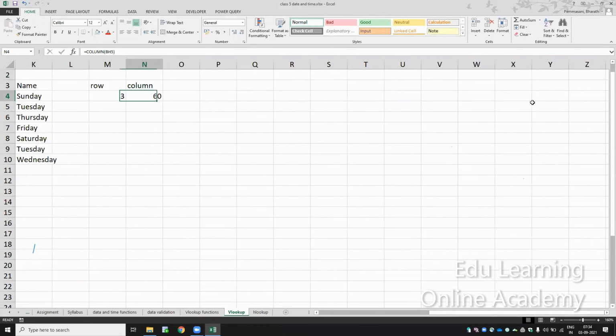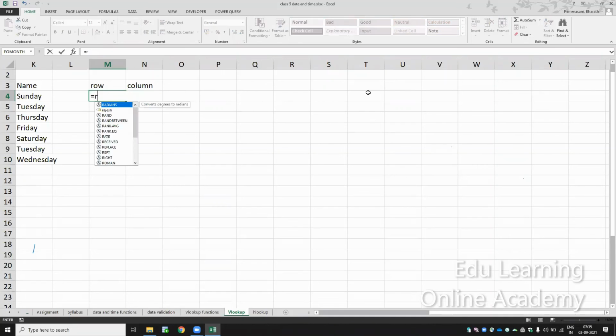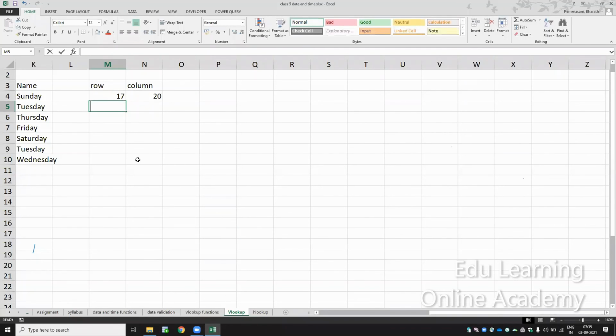So no need to count. Wherever you select, just give COLUMN and select anywhere in the column, and it will tell you that you are in, say, the 20th column. Similarly with ROW: if you select anywhere in the row, it will tell which row you are in.